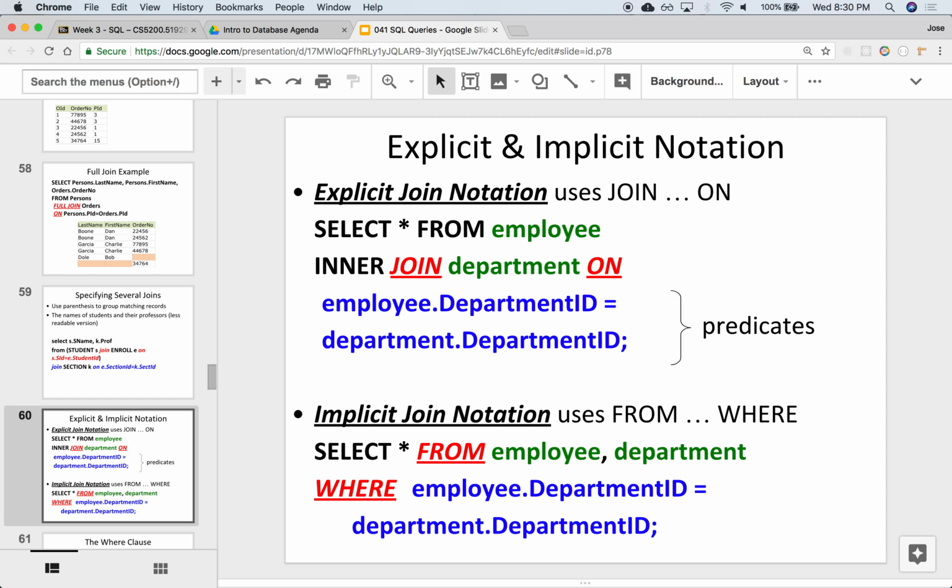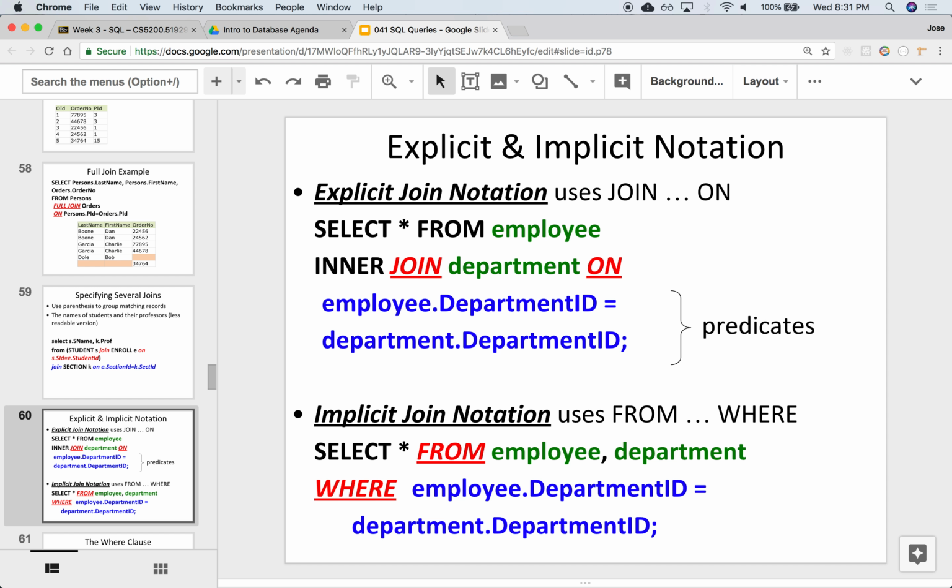Now there's an alternative syntax where you move the predicates to the where clause, as opposed to leaving them in the join. When we put the predicate in the join proper, we refer to that as an explicit join. I'm explicitly telling the database that I want a join, whereas this one is not explicit. We say that it's an implicit join notation. The database might certainly convert this into a join proper, because basically that's what it is: a join is just a predicate applied to